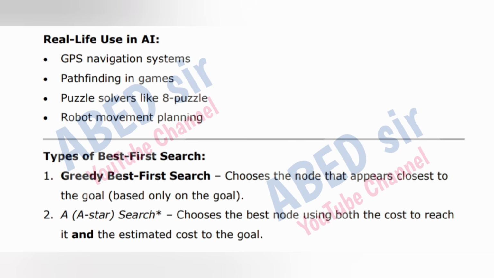Real-life use in AI: GPS navigation systems, pathfinding in games, puzzle solvers like 8 Puzzle, robot movement planning. Types of best first search. 1. Greedy best first search chooses the node that appears closest to the goal based only on the goal. 2. A star search (A*) chooses the best node using both the cost to reach it and the estimated cost